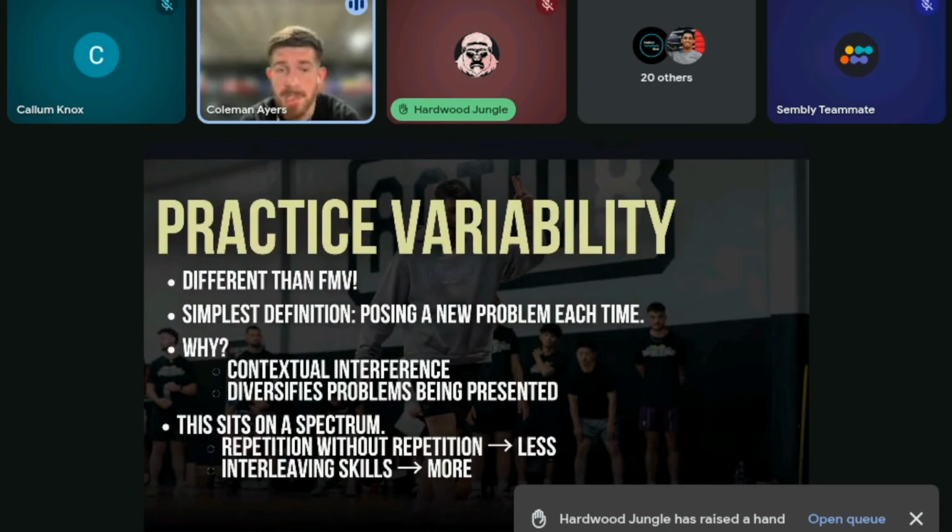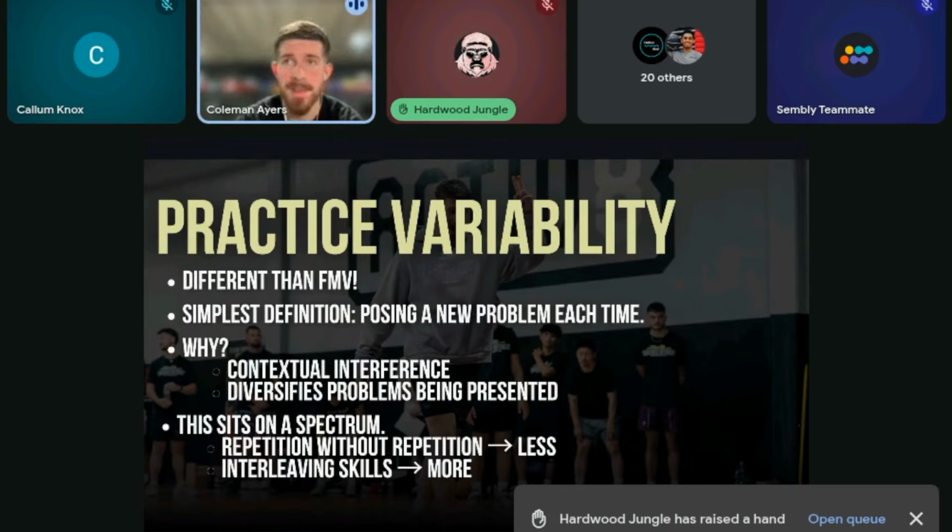And again, these don't have to be super, super drastic changes in the problem each time. This can be different footwork, different catch point on shooting, and we'll go into this a little bit. It also diversifies the problems being presented and thus the solution, the bank of solutions that one can choose from. So if you think about when you strictly do block training, especially when it's done with the mindset of consistency and trying to do the same thing every time, you are only touching on one solution out of the millions of potential solutions that athletes should be able to utilize and be comfortable with, right?